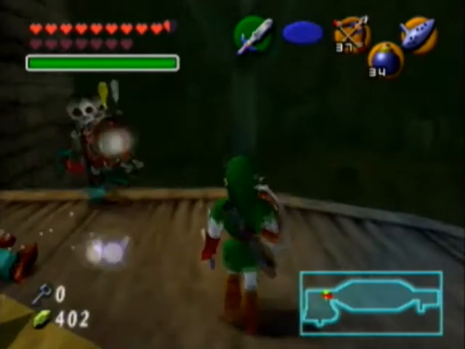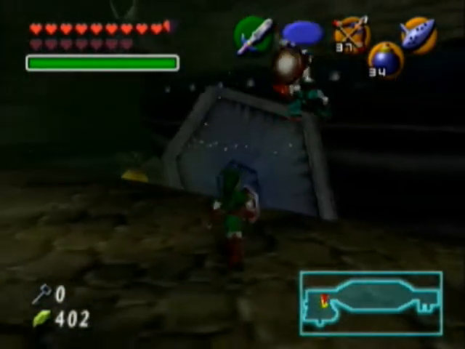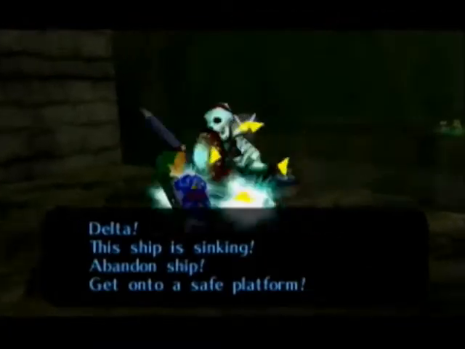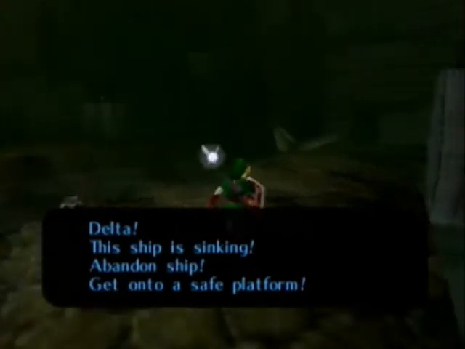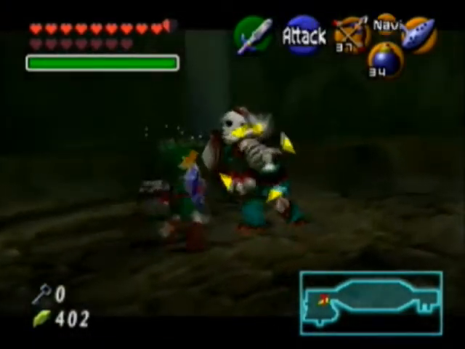Okay, there's one of them. I'm not going to bother with the other one. I'm just going to jump off here. Because if you actually wait long enough... Dude, are you serious? Yeah, the ship actually sinks right here. So that would be your cue to get off. If not, you're going to fall into that abyss, so...